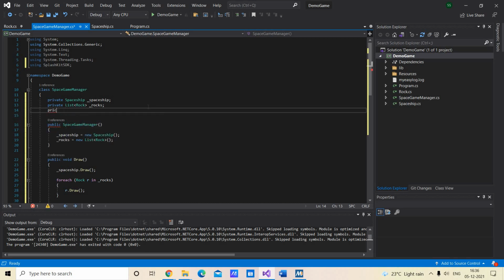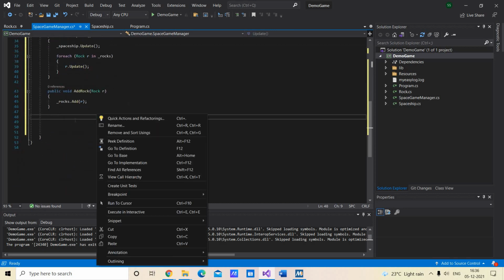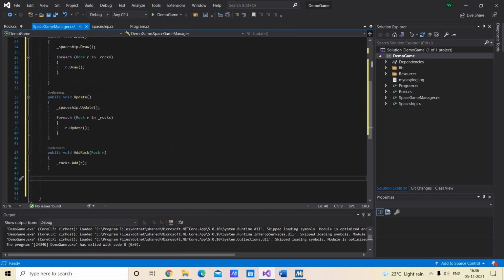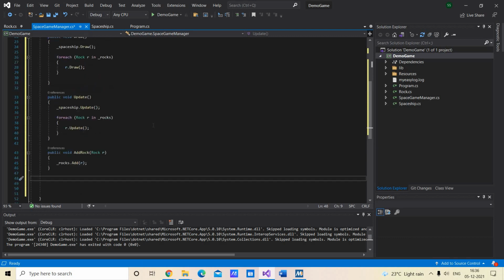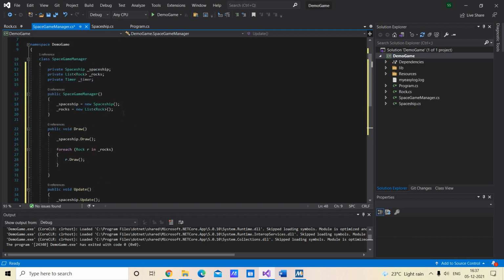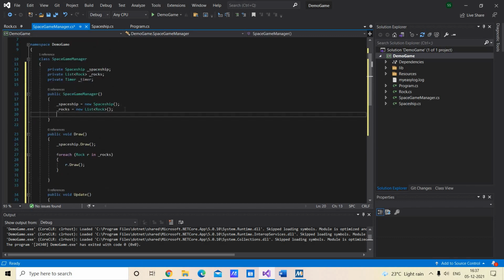Why we need timer? Because if we don't have timer, then the rocks are going to pop up because it is very fast. The things are going really fast, and the entire window will be blown up with the rocks only. So we need a timer, we need some controller. So it should have a timer, and the timer should be,